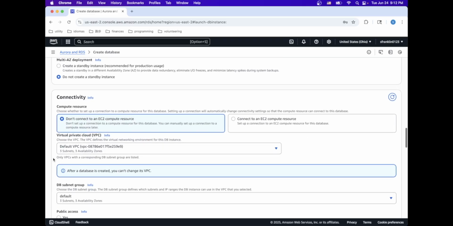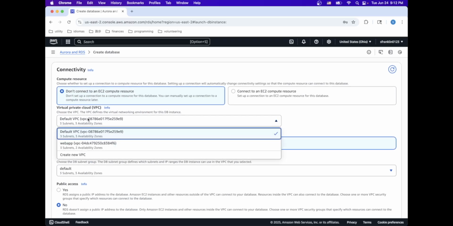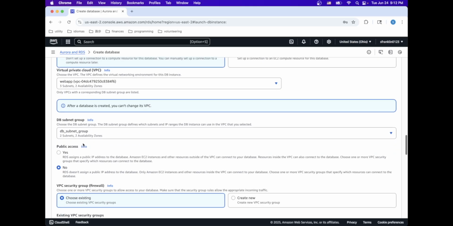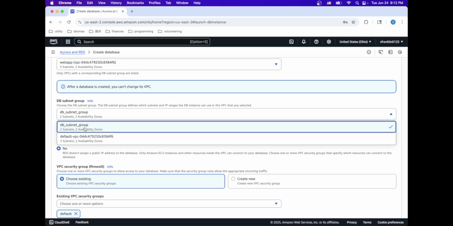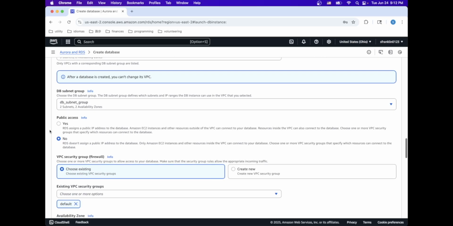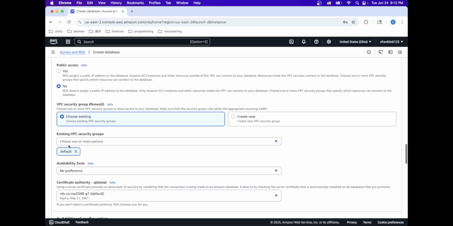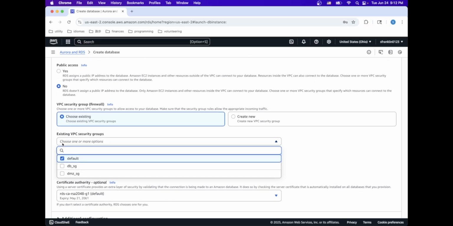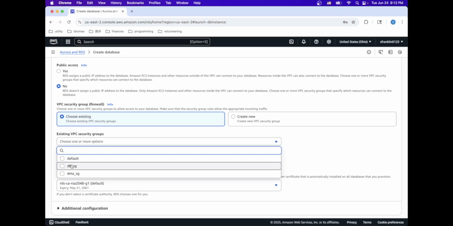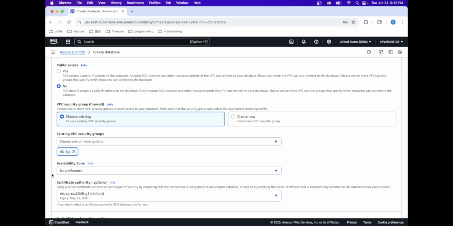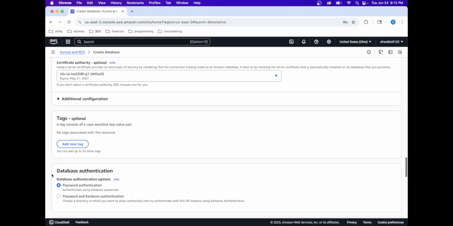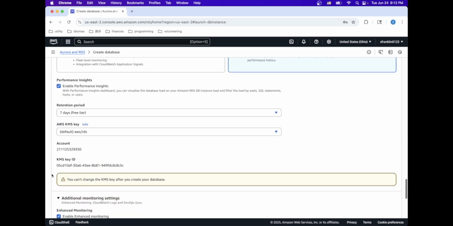Scroll down. Connectivity, this is where I choose my networking. I want to pick my web app VPC. I want to pick my DB subnet group, the one I just created. Select no public access. I don't want this accessible from the internet. And then for security group, I'm going to choose existing, get rid of default, and select my DB security group. I scroll down, keep going,